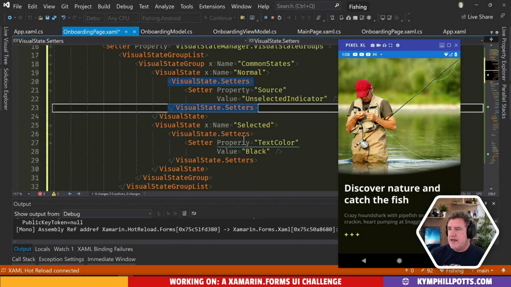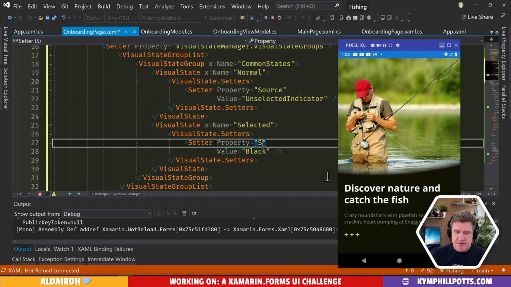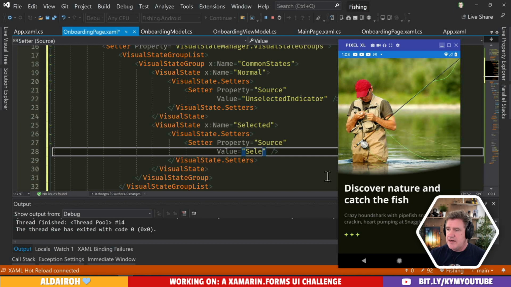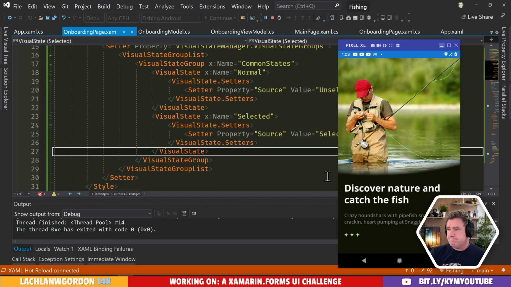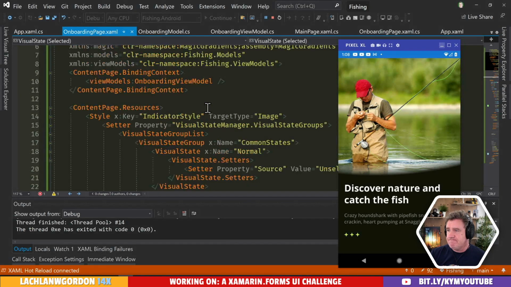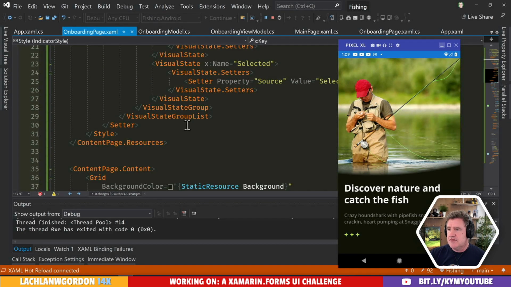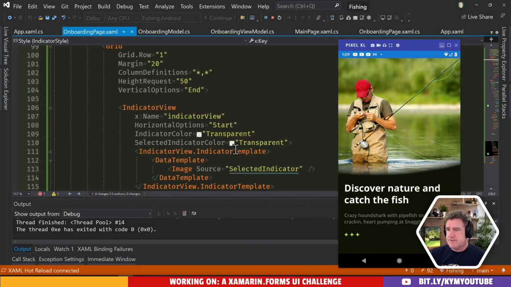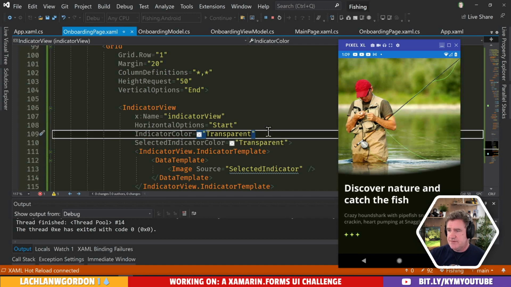But when it's selected, we want to set the source of the image to be the selected indicator. And then maybe if we get this indicator style and we assign it to here,